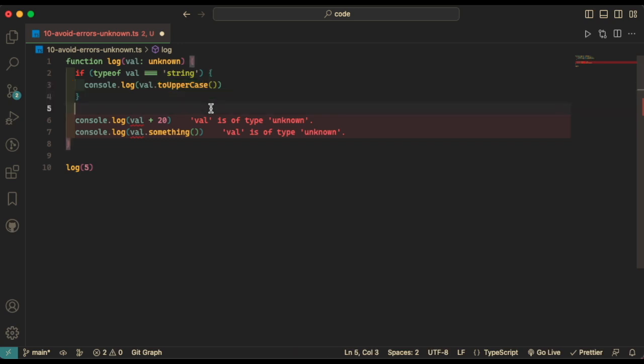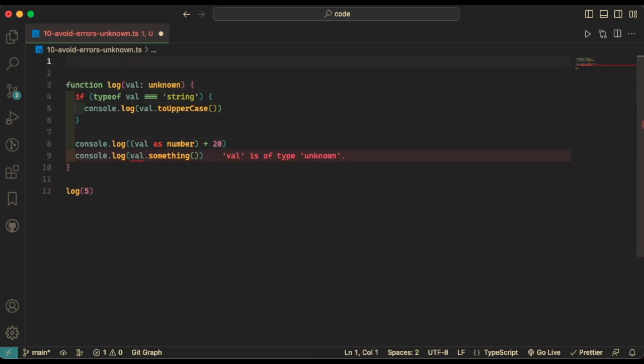So now for the numerical operation, we still can't do anything else so far because we need to wrap this variable and call it as number in order for this variable to be considered a number. So either we can specify a type guard here, or we can put as and then the type to be considered with. And for the third case here, the something method doesn't exist, so we need to add a new type above here,